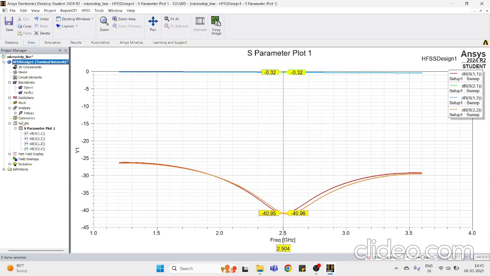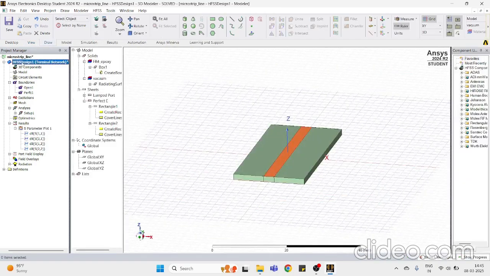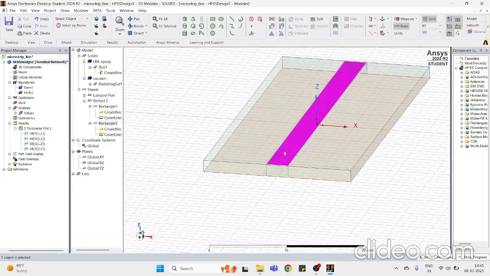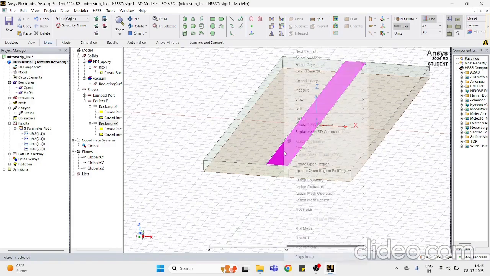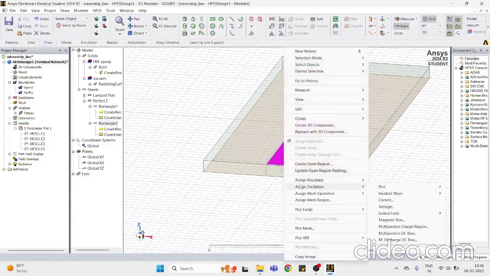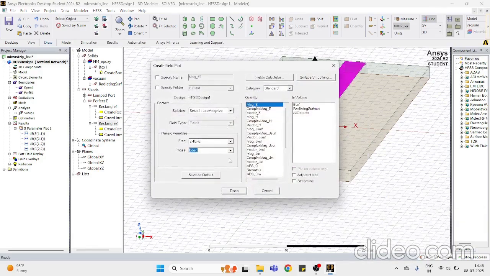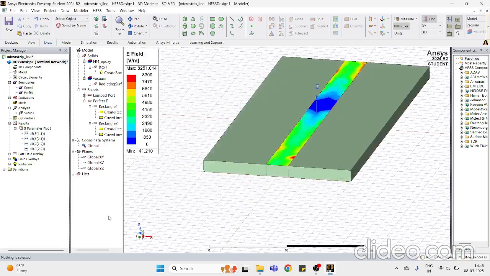So from results, I can move back to my structure by double clicking on this HFSS design. Here, plotting electric fields and animating them is quite simple. I can just select this microstrip line, then right click, go to plot fields, E, and Mag E, and it will show you this. You can just press done. So here you can see the electric field has been plotted,